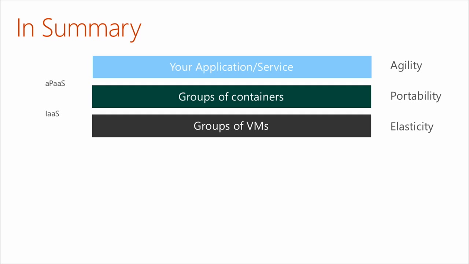The only way to do that is to build a layer like this, right? You have a bank of virtual machines. In our case, we'll use VM scale sets. And then you deploy a bunch of containers on top of it. You can use Mesosphere or DC/OS or any of these scheduler frameworks. And then your application runs on these containers. So this is the ideal North Star that all of us are going towards. And this model should be portable.